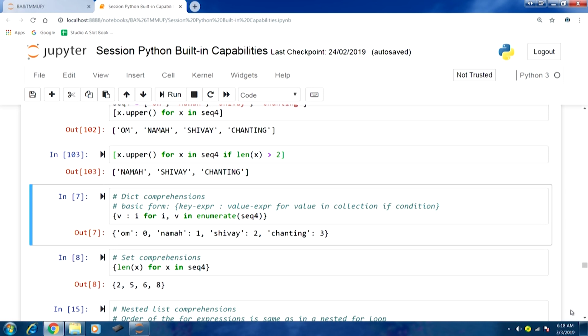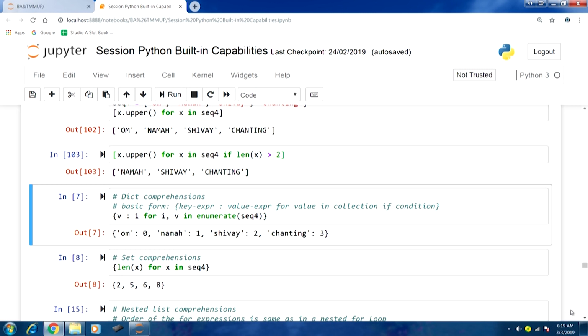For the sequence 4, we are using the enumerate function here. In this example again we are not using the filtering part. We are running a loop and enumerating the sequence. For each string that is part of this sequence, we are trying to create a mapping that indicates the index of that particular string element.